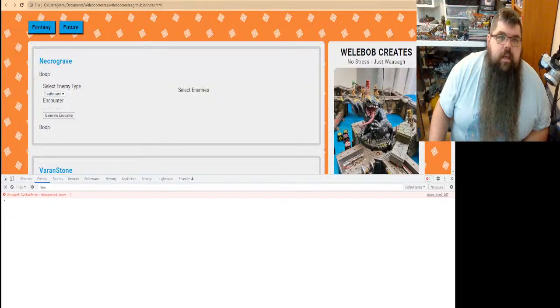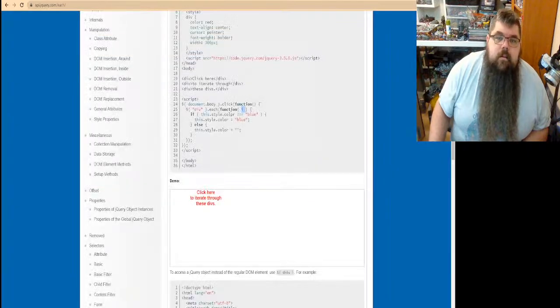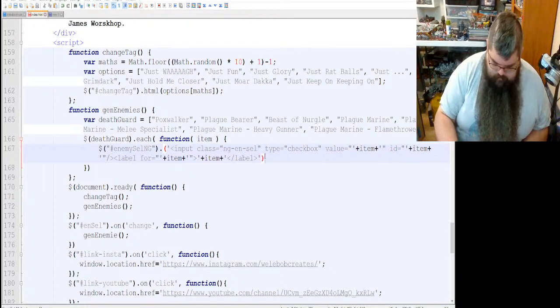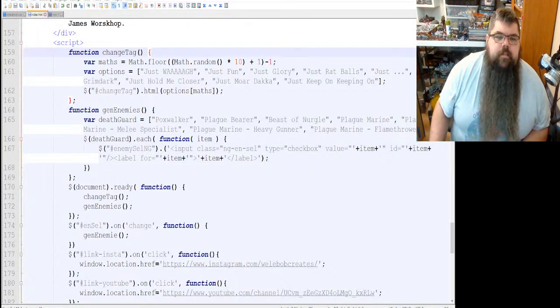Okay, let's go back to that function. That should be right. Let's double check. Function item. Okay. Missing that, so maybe that's the problem.